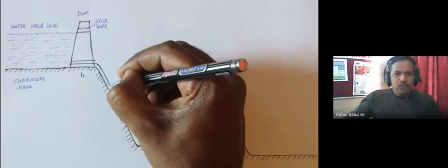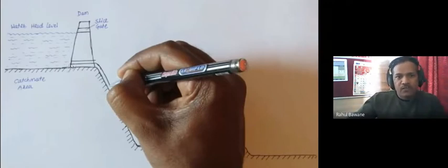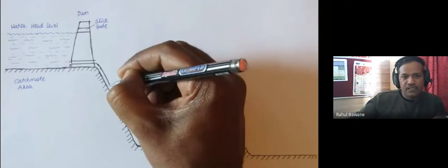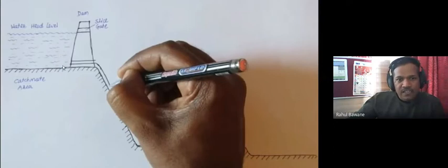Now we have to take the water. Now imagine, always remember, this water is taken from the bottom side. Why? Because at the bottom level, there is a huge pressure. So at the bottom side, there is a huge water pressure. Secondly, if I take this water outlet, suppose from the middle, what happens if the water level gets reduced and reaches the middle? Then even though there is water in the dam, I can't use that water for power generation.